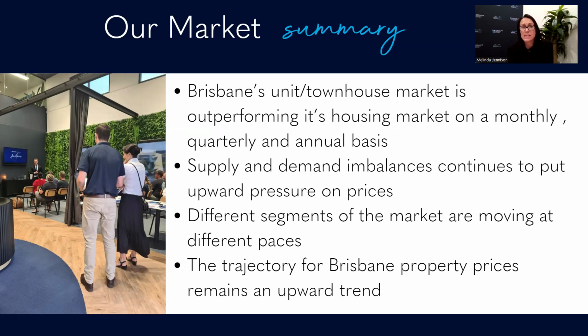So that's why we're not seeing cranes in the sky, and the future supply pipeline of high density units here in Brisbane is definitely limited. Also, the cost to bring those units to the market is becoming too expensive for developers to build them, especially if they are targeting a budget end of the market. Supply and demand also, those imbalances absolutely continue to exist. There's less supply in a market where demand is elevated, and because of that, we're seeing that continuous upward pressure